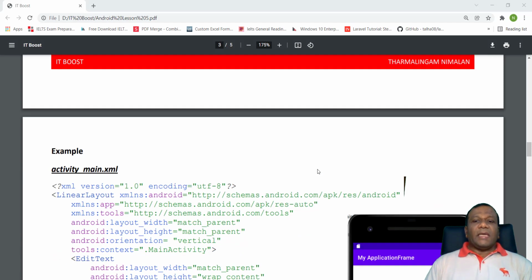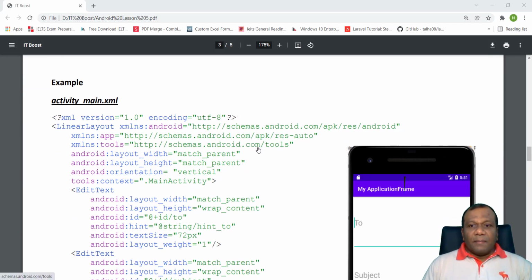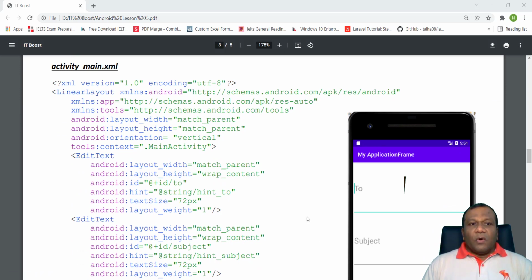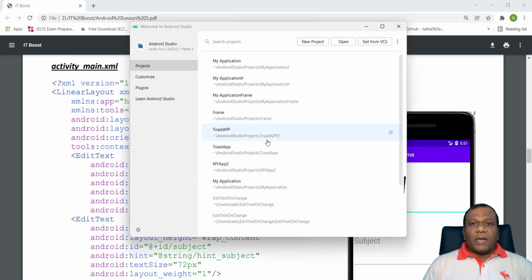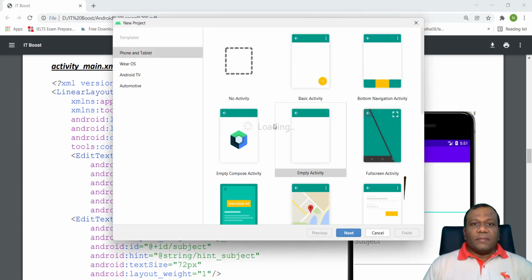Right. So to explain it, we will do an example. I will open my Android Studio and click new project. Here, see, this is the activity. When you are at the initial step, we can select the activity as a screen. Normally you can select a basic screen or navigation screen, but often we use the empty activity, empty screen. Activity means the screen or frame of the app, right? So first I will create an empty activity and another activity later.